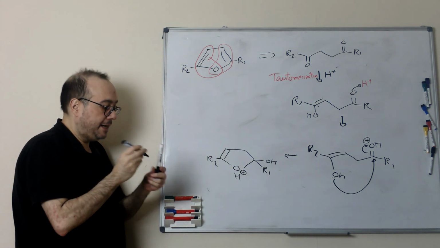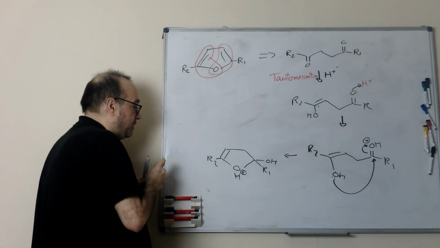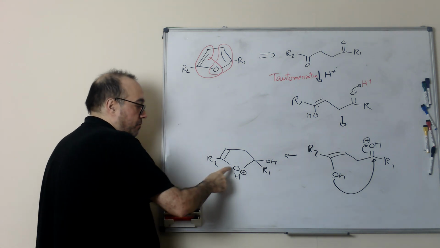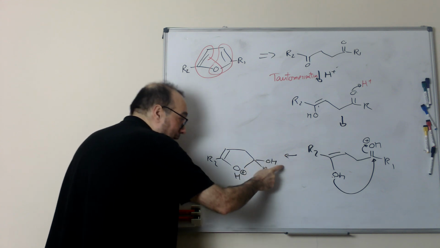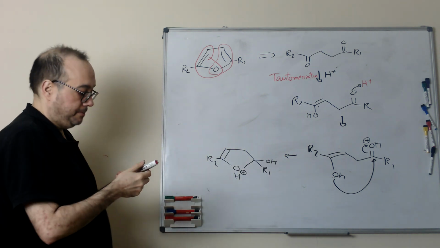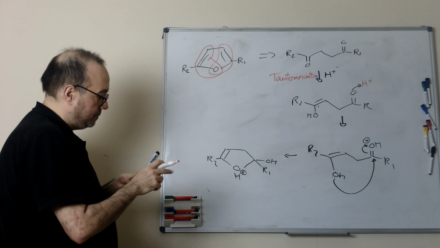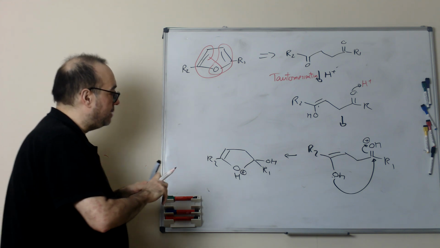This intermediate, again, what we will do is to transfer this proton from this position to this position, because we want to eliminate this alcohol here, and what we will get is